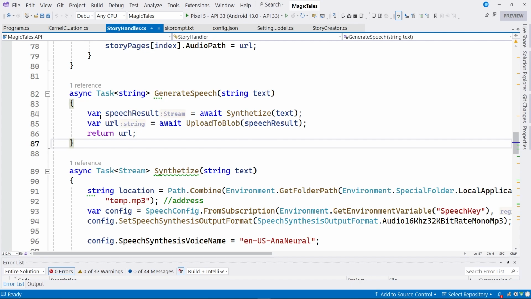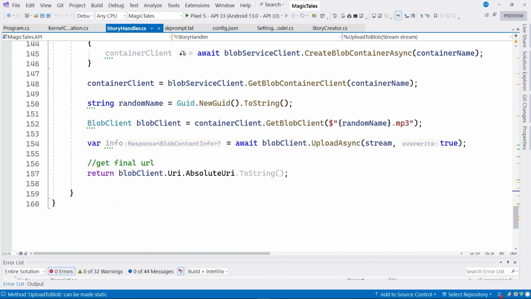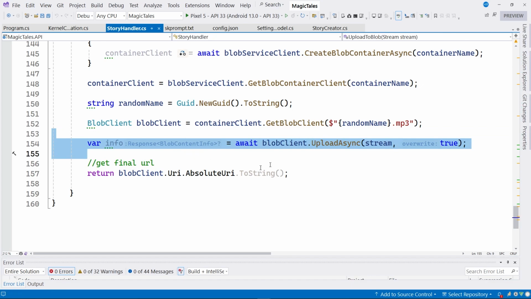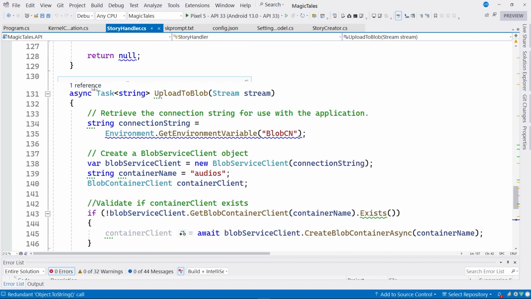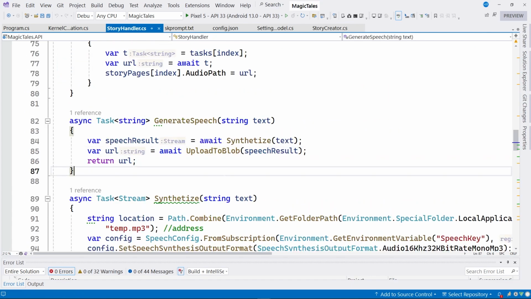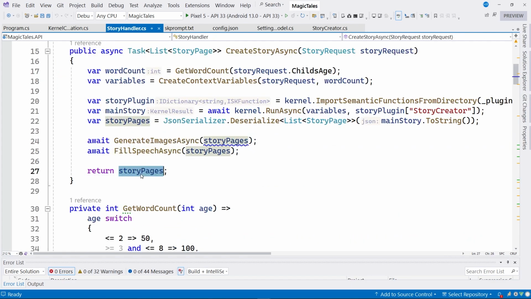Also, this stream we are receiving from the synthesize method, we are uploading to an Azure blob with the purpose of obtaining a URL of the final generated file and being able to assign it directly to each of the story pages objects. Once we have done this, we simply return story pages which already contains all the field information about the images